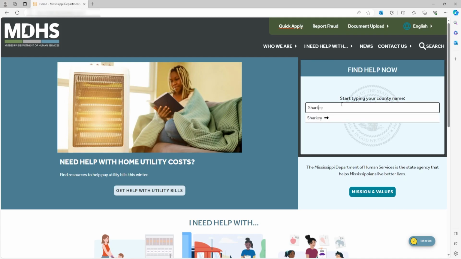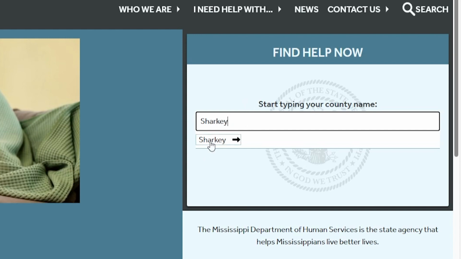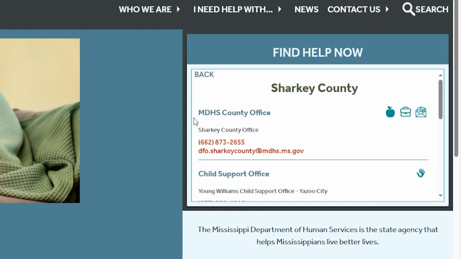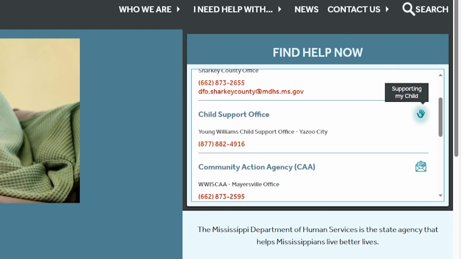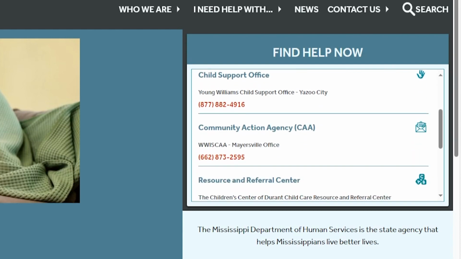In another example, we will look at Sharkey County and the services they have available, starting with the MDHS County Office, which provides food assistance, finding a job, and help paying bills. Scrolling down, you can see the Child Support Office that is in Yazoo City,